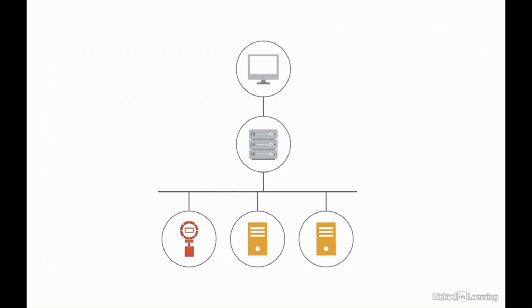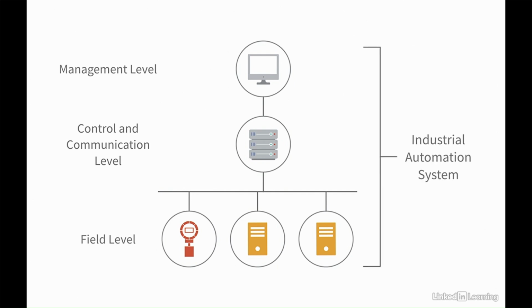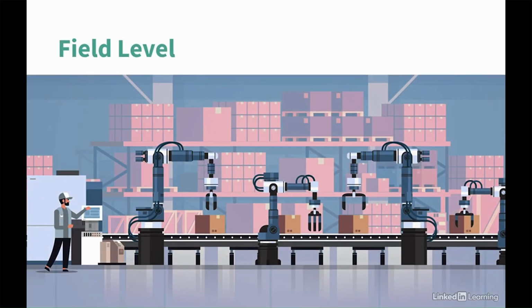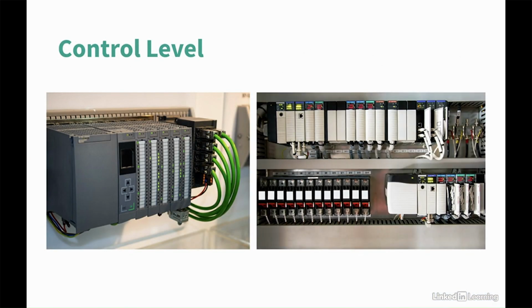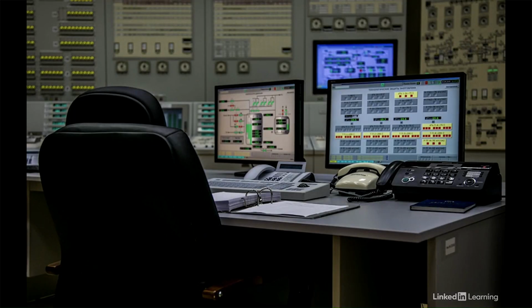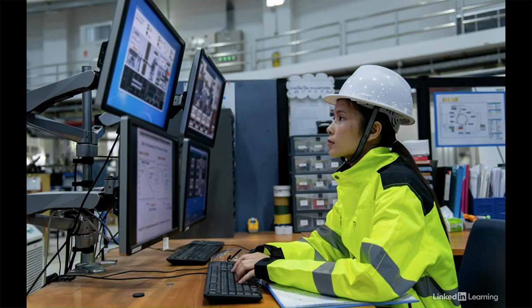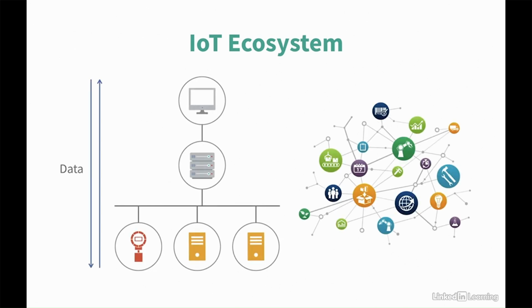There are three main levels within industrial automation systems: field level, control level, and management level. The field level includes all the devices used within the field. The control level includes the different types of controllers, such as PLC, that are used to control the design process. The management and information level contains the logic and design element of the system and any monitoring applications of the process. All these components communicate using a local network or internet to exchange data between the components, creating a